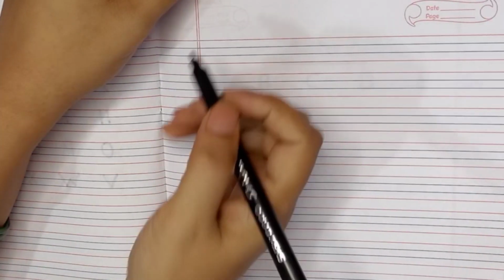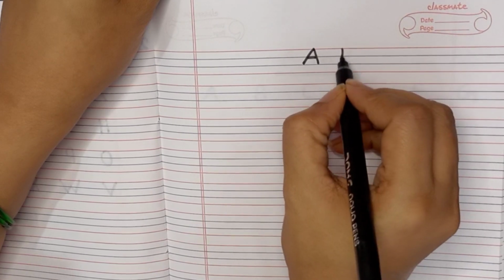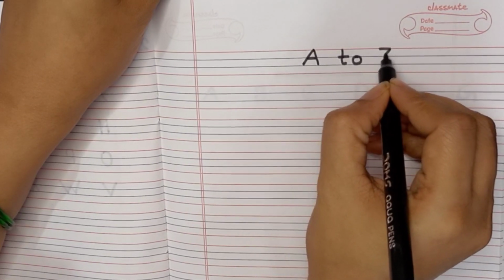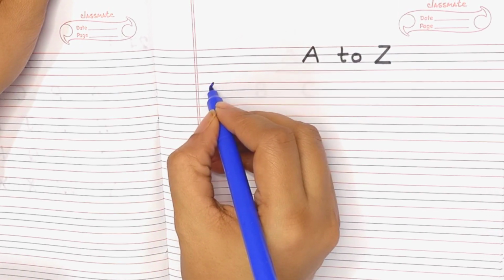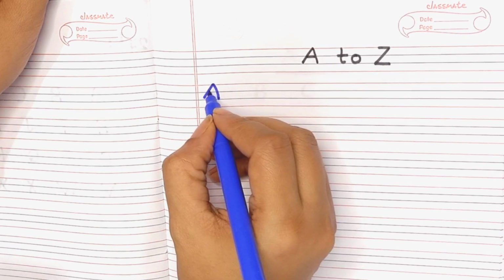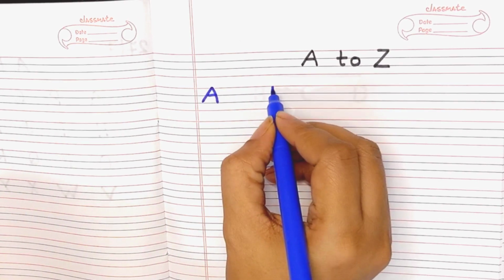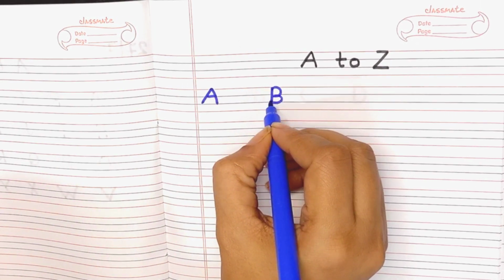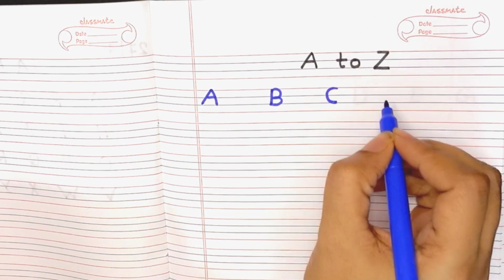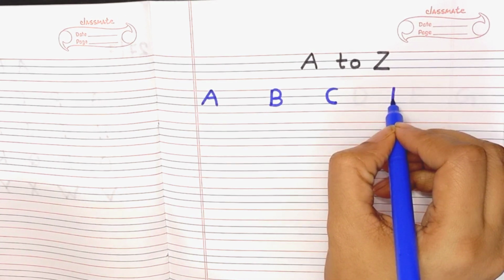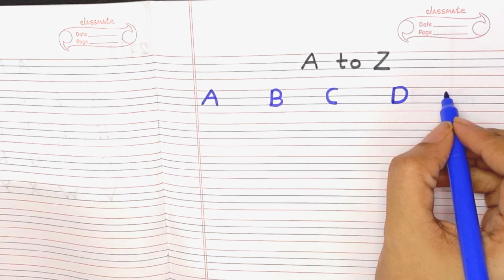बच्चों, आज हम लिखने जा रहे हैं अल्फाबेट A to Z। A for apple। B for ball। C for cat। D for dog।